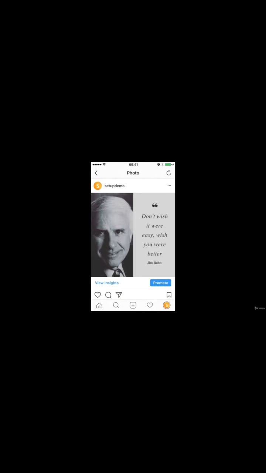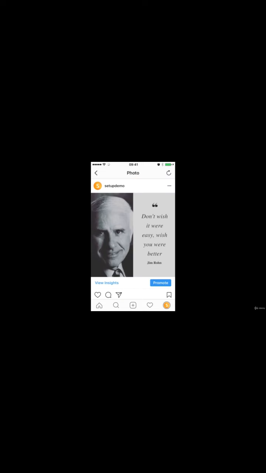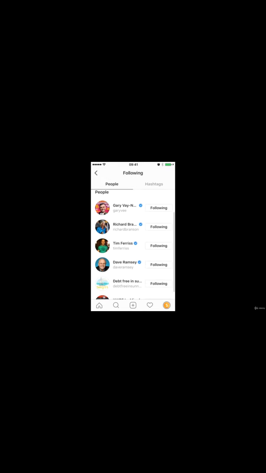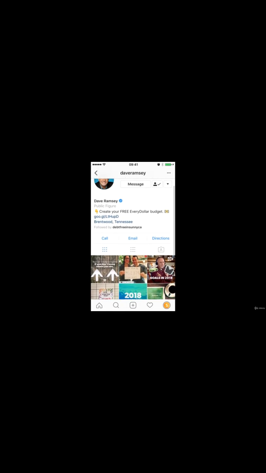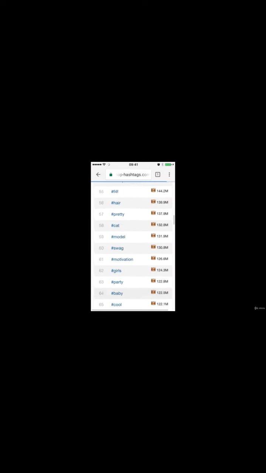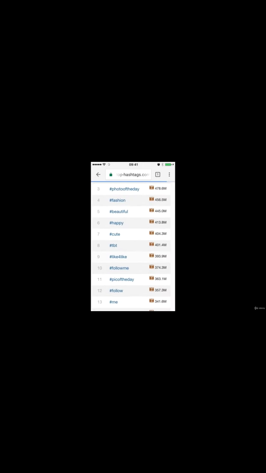So those are the 3 ways that you can identify the hashtags to use. Number 1, use that discovery search bar and have a look at those related hashtags. You can also come into the top influencer accounts and see what really are the hashtags that they are using that could be very niche specific for you. And you can also look at the top hashtags on Instagram if you want to find those really top hashtags